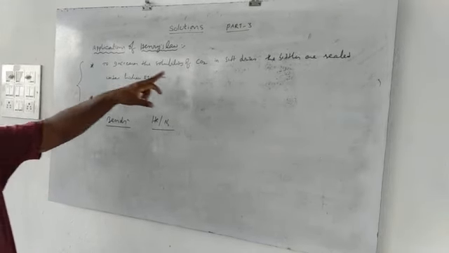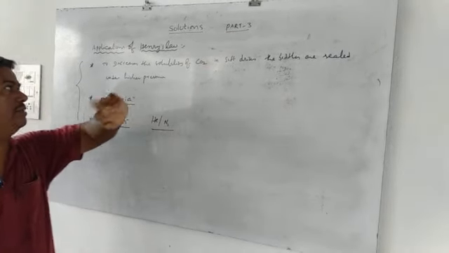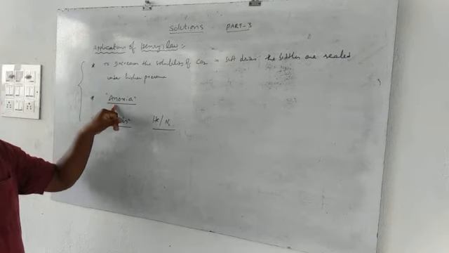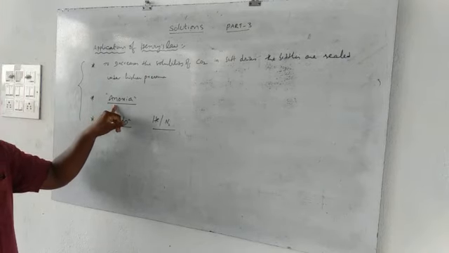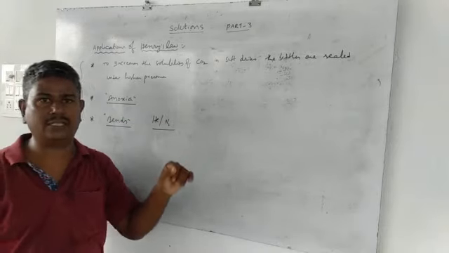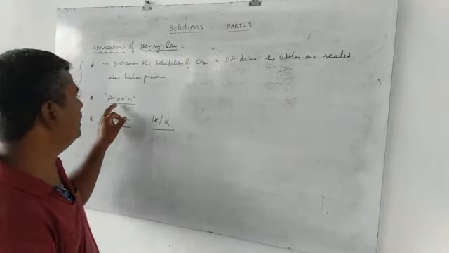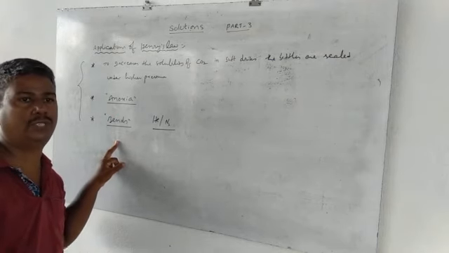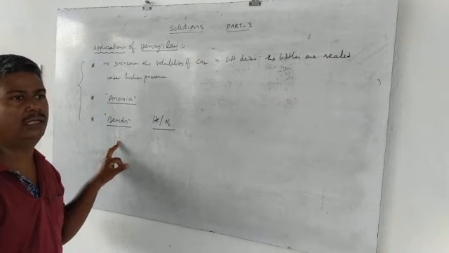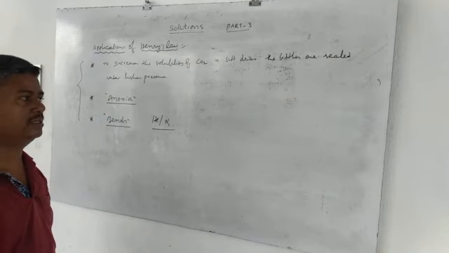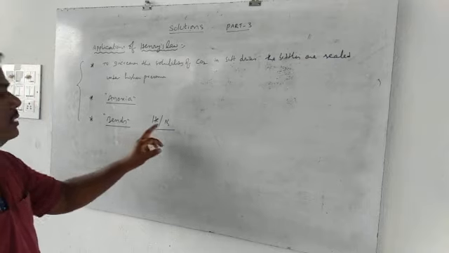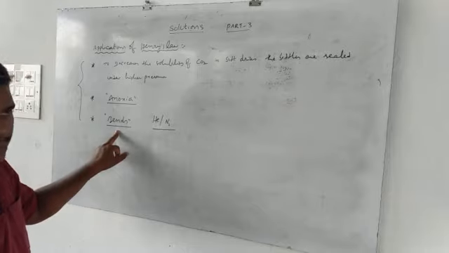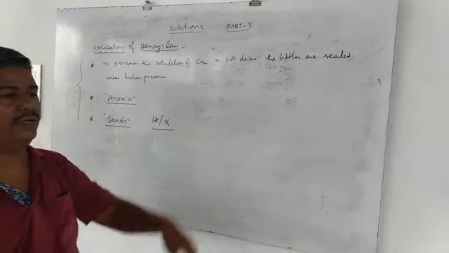To increase the solubility of CO2, the soft drink will be sealed under high pressure. And for the people who live in hill areas, the percentage of oxygen gradually decreases. That means insufficient oxygen causes anoxia. And scuba divers, the people who dive into oceans or seas, carry oxygen cylinders. The oxygen cylinders get diluted with helium or nitrogen gas to avoid bends. Clear? So those are the applications of Henry's law.